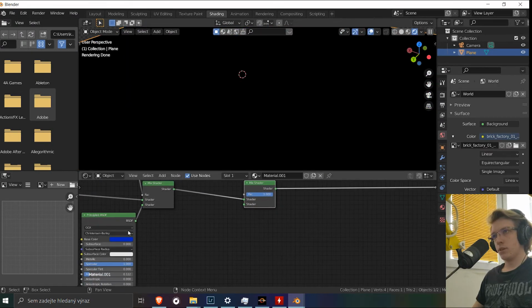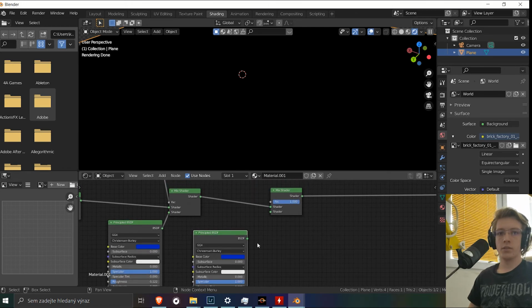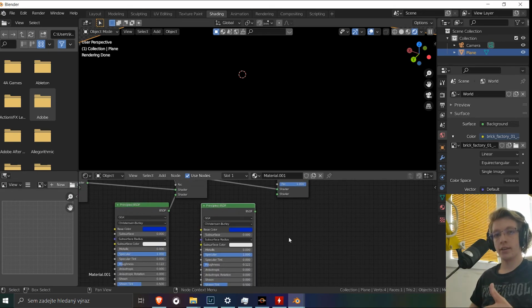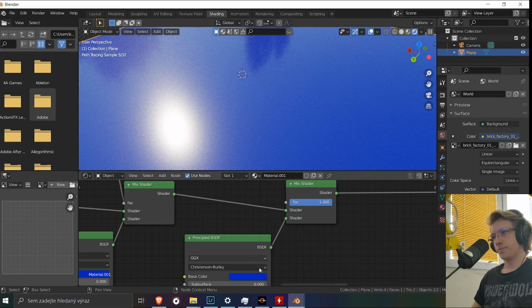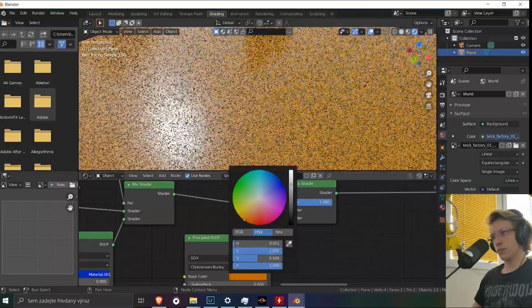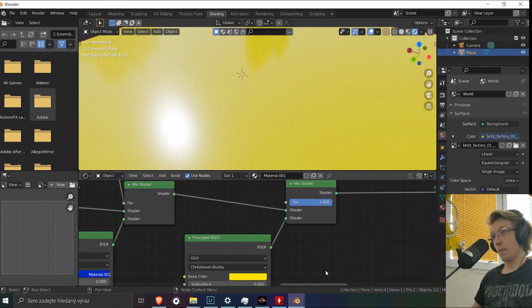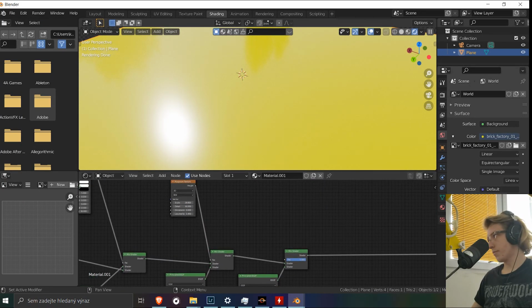So mix another one, different color. The reason we are doing it through this, not mix RGB, which could perhaps be easier, but then principled versus color, it's not that much. We need that extra shininess on top of it, so that's why we use principled. Okay, next color is going to be some nice canary yellow, bright yellow, and the factor for this,